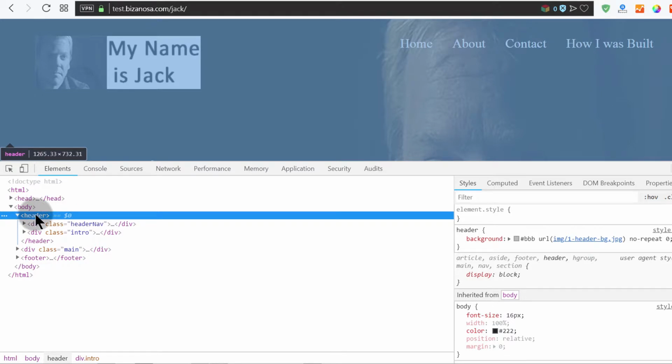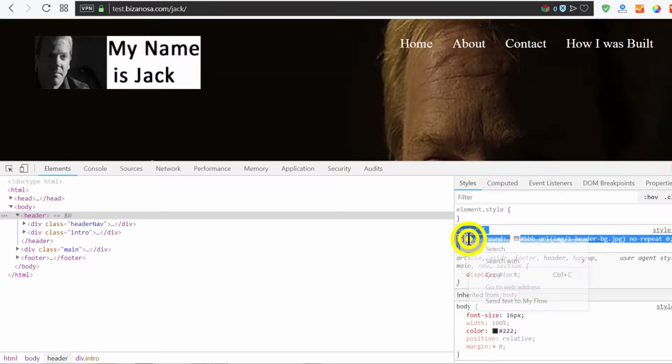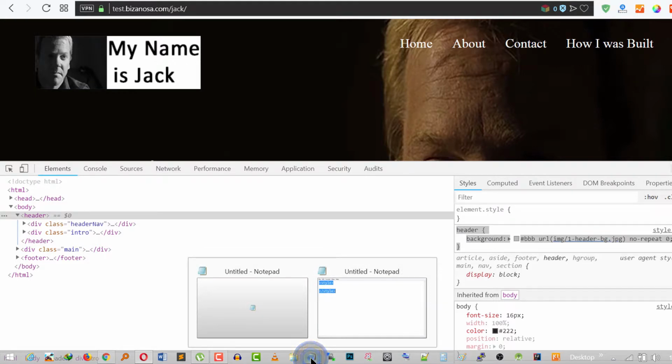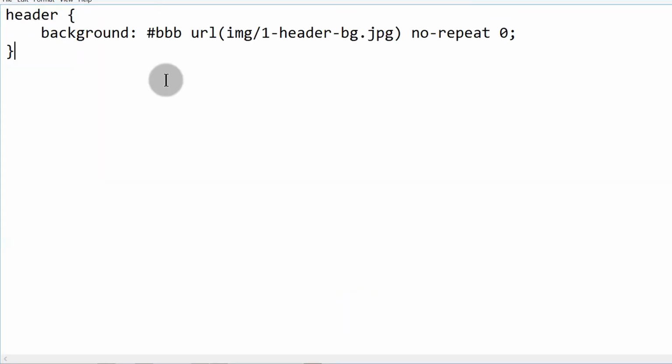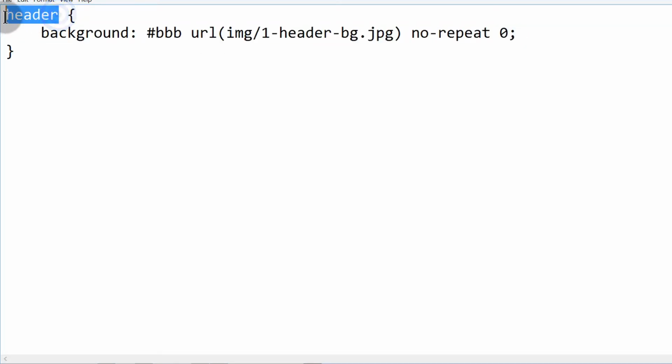So if I come inside of header, I want to take the code for background, copy, I'll just paste in the code there. So this is the code that will add a background image for us, and I will change this to body because I want it to affect the entire body